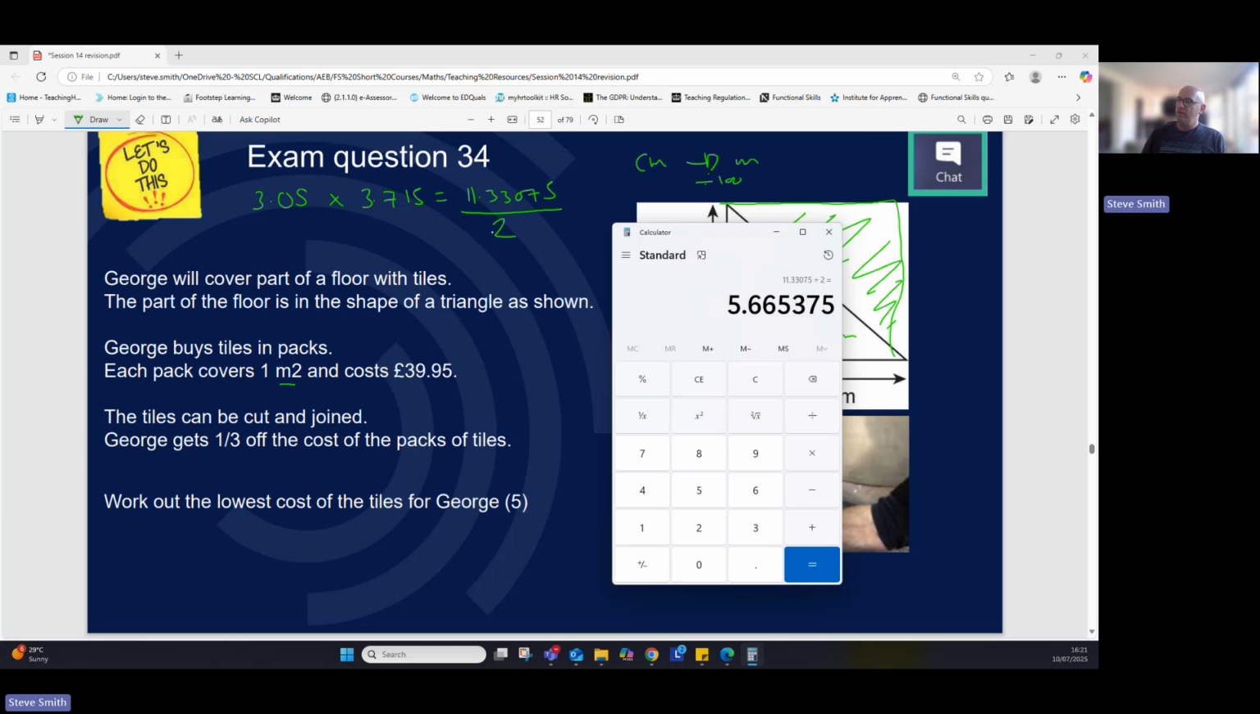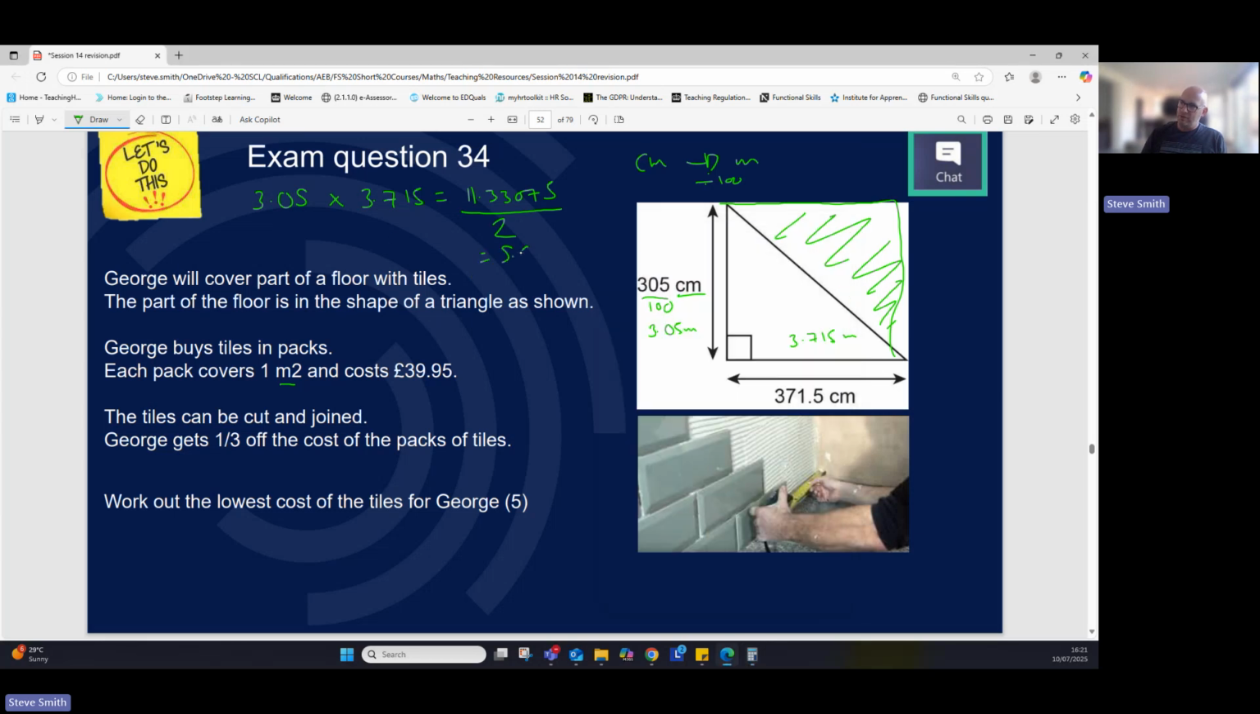5.665375. Let's call it 5.67. We're going to go 2 decimal places. Divide by 2 equals 5.67. And that's meters squared, because we changed our numbers to meters, and once we've got the area, it's always in squares. If we're looking at volume, it's always cubed, so it's 3. We now know how big our area is going to be,